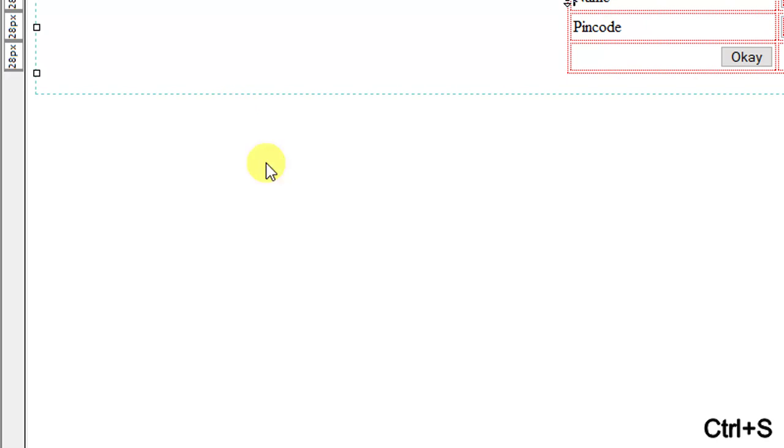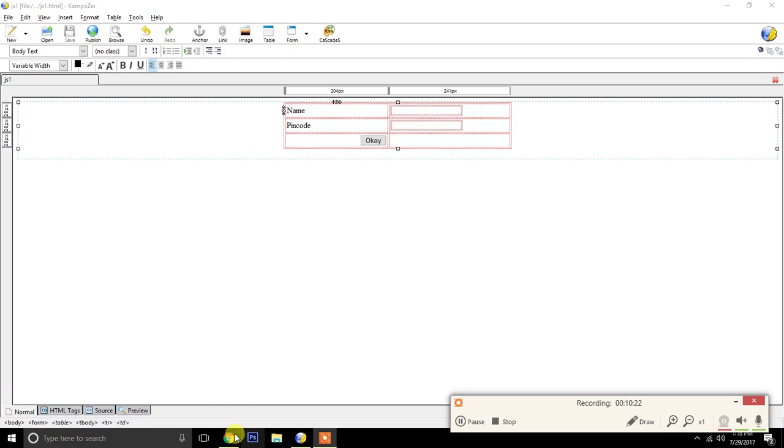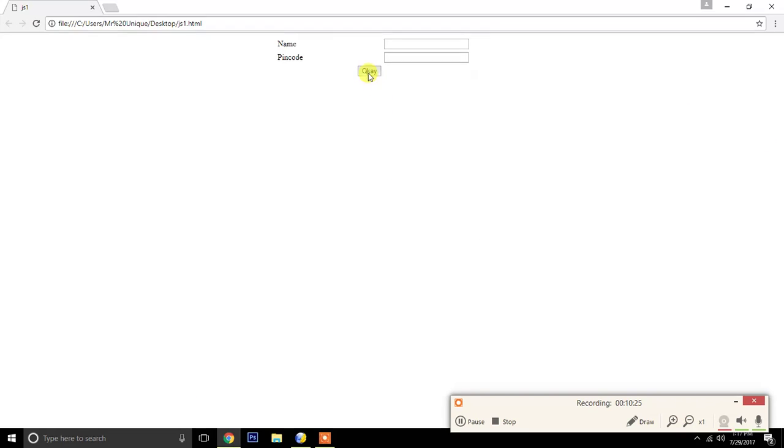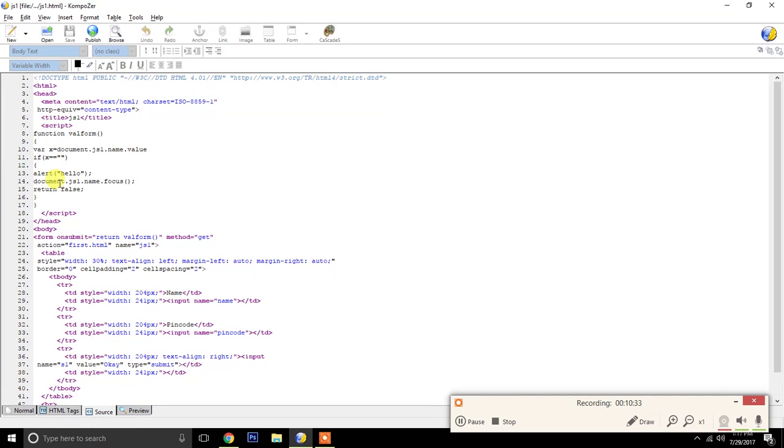You don't have to worry about this. So now let me save it and go in my browser, refresh my page and just click here. Okay, you can see that automatically your cursor is here now, because we have used our focus method. So the focus method is just taking you to the point where you have an error. Now instead of hello, I can write here, please enter your name, or whatever message you want to give to your user. And another thing, if you remove this document, it is also going to work. It's not important, it's optional.